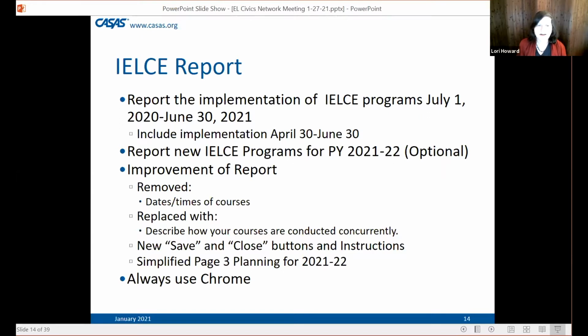Now that's gone, but it's replaced with a description of how your courses are conducted concurrently, because the reason the times and dates were there was so that the reviewers and your CDE consultants could see that you were doing these courses concurrently. That's still a requirement. So we're going to ask you to describe how you do it and tell us how those courses are done concurrently, and you can talk about the dates and times in a